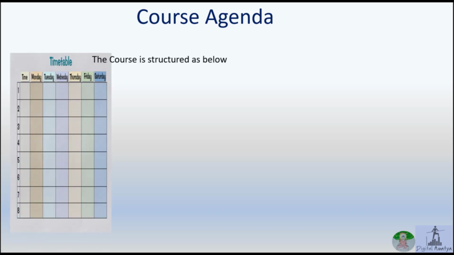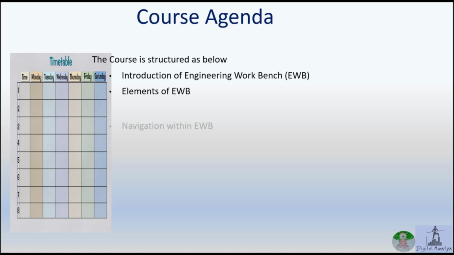You will be introduced to the definition of Engineering Workbench and why and how it is utilized in the activities of product engineering. The subsequent lessons cover the elements of Engineering Workbench. The Engineering Workbench has a structure and it has elements like object, object type, work list, working area, and many more. These lessons will be covering the elements of Engineering Workbench.